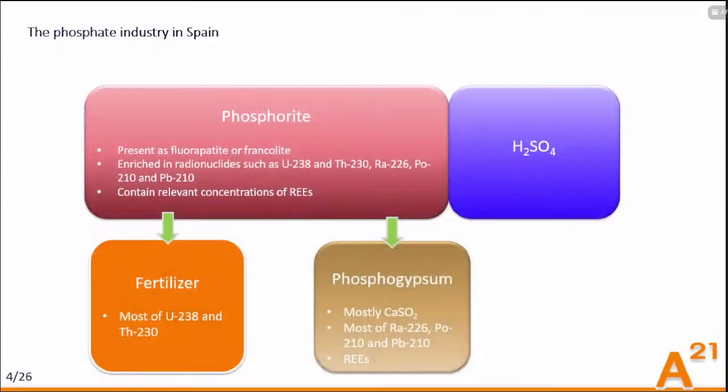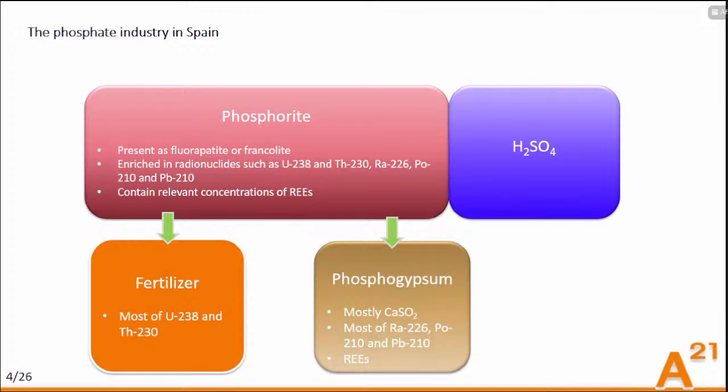So basically, the raw material which was used in Spain is mostly of sedimentary origin. So it's present as fluorapatite or francolite. It's enriched with some radionuclides from the uranium series, such as uranium-238, thorium-230, radium-226, polonium and lead-210. It also contains quite a significant concentration of rare earth elements, which could then be passed over to some of the